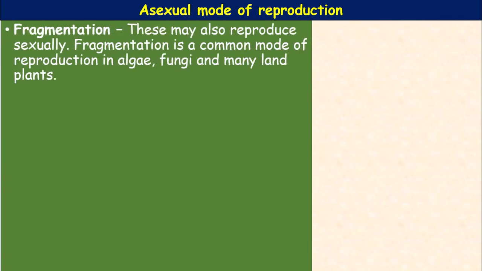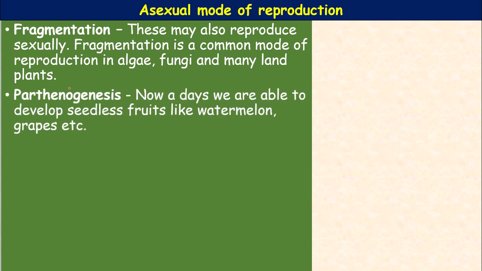In fragmentation, they may also reproduce sexually. Fragmentation is a common method of reproduction in algae, fungi, and many land plants also. Okay, next,